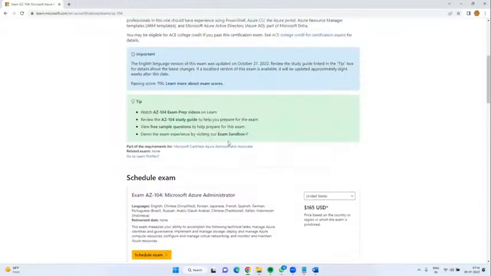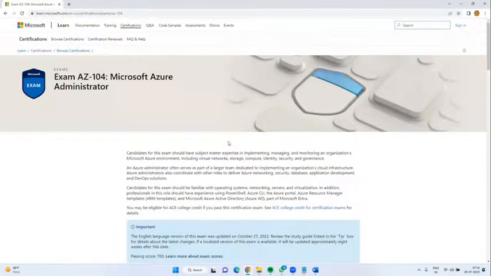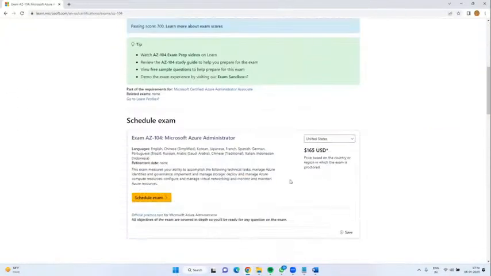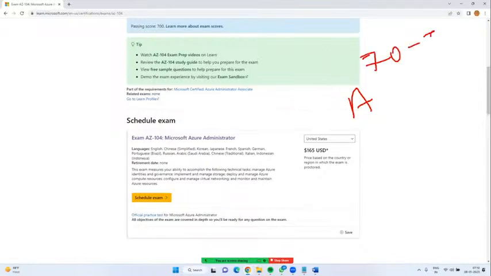These certification papers are valid for 2 years, guys. Earlier, when you certified, it was lifetime valid. Now things have changed. Initially, the first certification paper was 70-532, guys.